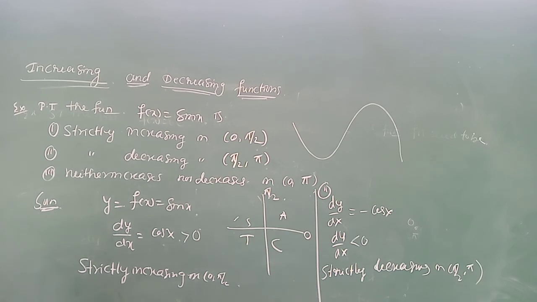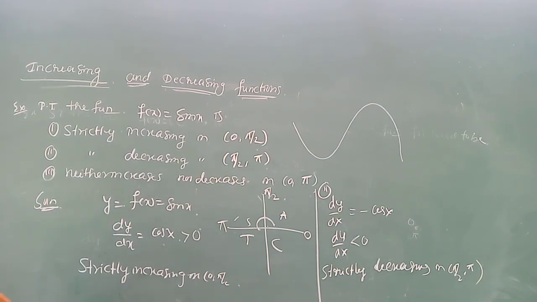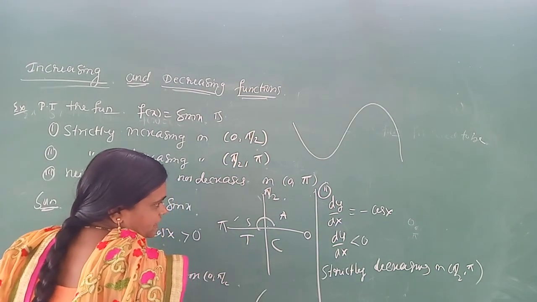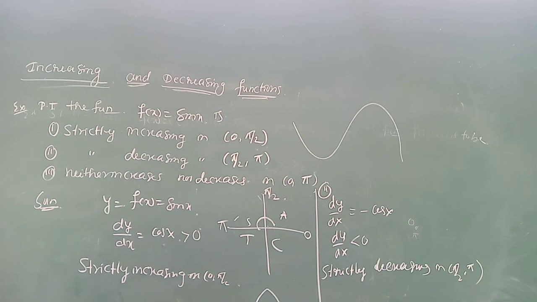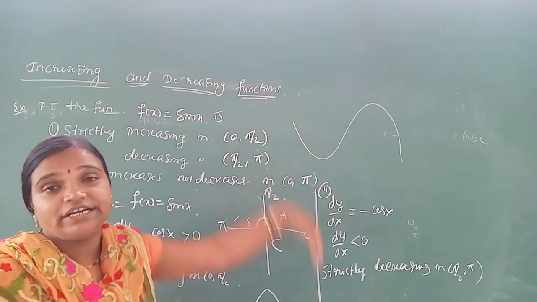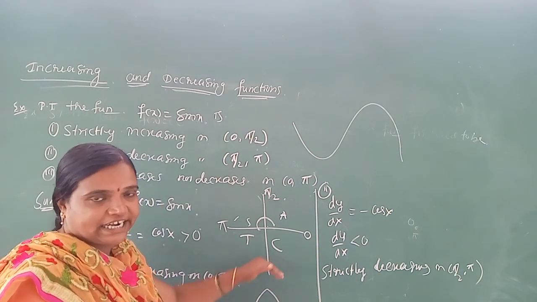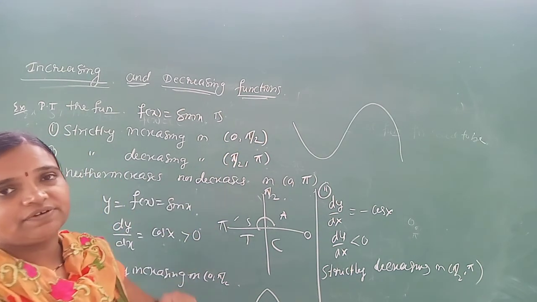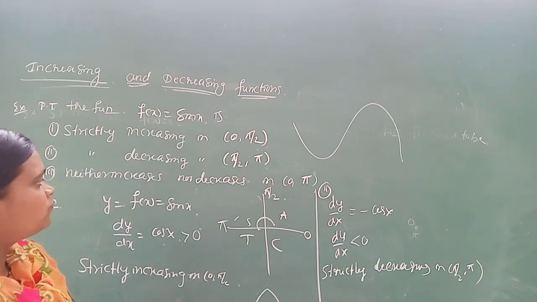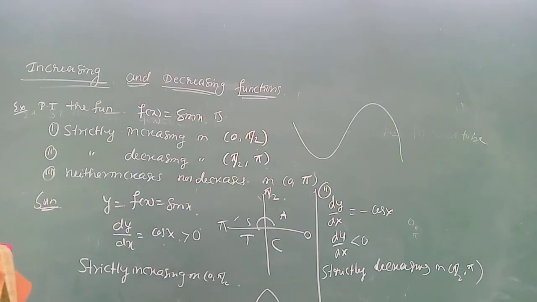Okay. Next mention 0 to pi. See, just concentrate here. For first quadrant it increases. Okay. Second quadrant it decreases. Means here in this case we can't say directly that it completely increases or decreases. It oscillates. Right? First half it increases. Second half it decreases. Means it is not a completely increasing function or decreasing function. It oscillates. Therefore, the function in 0 to pi neither increases nor decreases. Okay. In this way